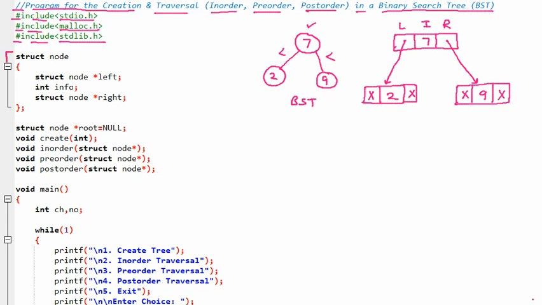Now we have the structure of the node, struct node. So we are creating a node here. Let us suppose that this one is the node that we want to create. Now this node has three parts. Struct node left means there is a left part which is a pointer to a node. Then we have the info part, an information part which will store the information. Then struct node right, so there is a right part which will contain the pointer. So this is how the node of the tree will be created.